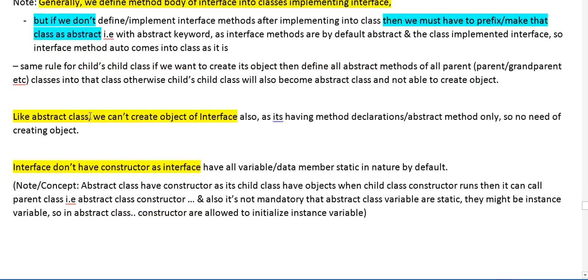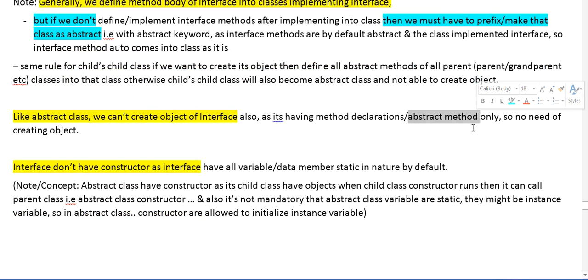So like an abstract class, we cannot create the object of an interface also. As we know, an abstract class may contain some implemented methods and some abstract methods, which are not implemented. But in an interface we have the methods with declarations only, and those are abstract methods by default, although we have not written the abstract keyword.